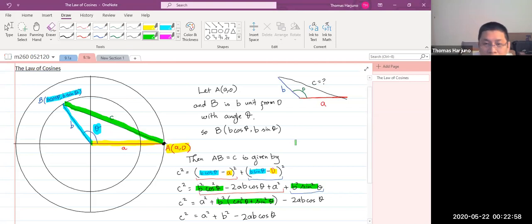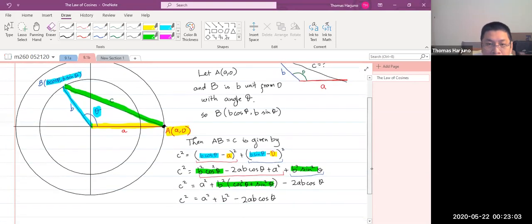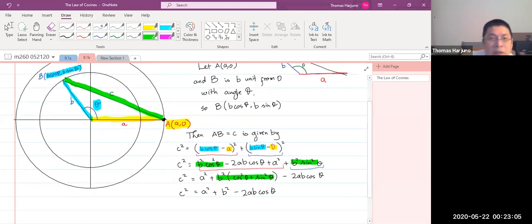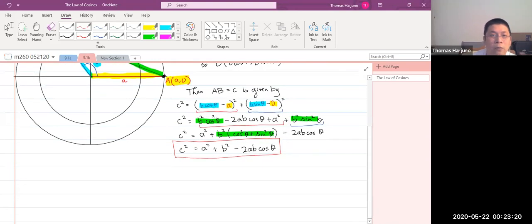Now, notice that sine squared theta plus cosine squared theta is B itself. Now, this is the law of cosine. That's law of cosine. Now, in a triangle, therefore, if I redraw the triangle,